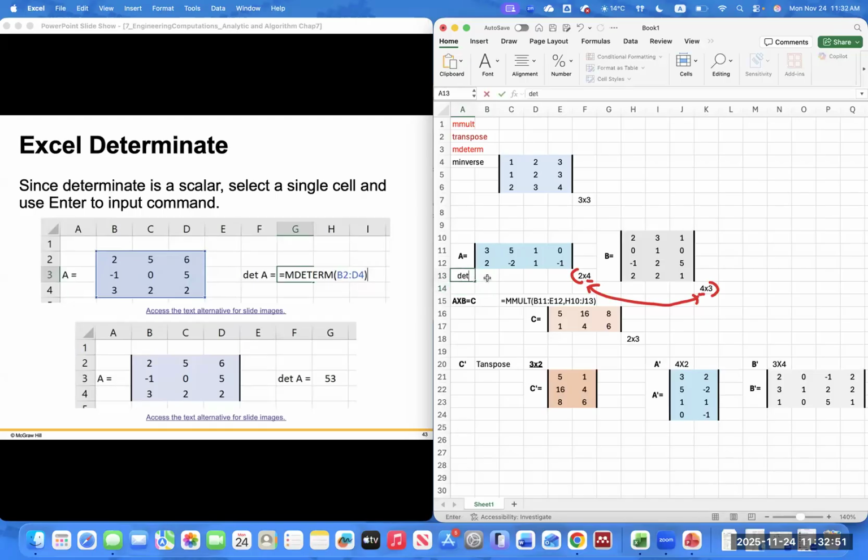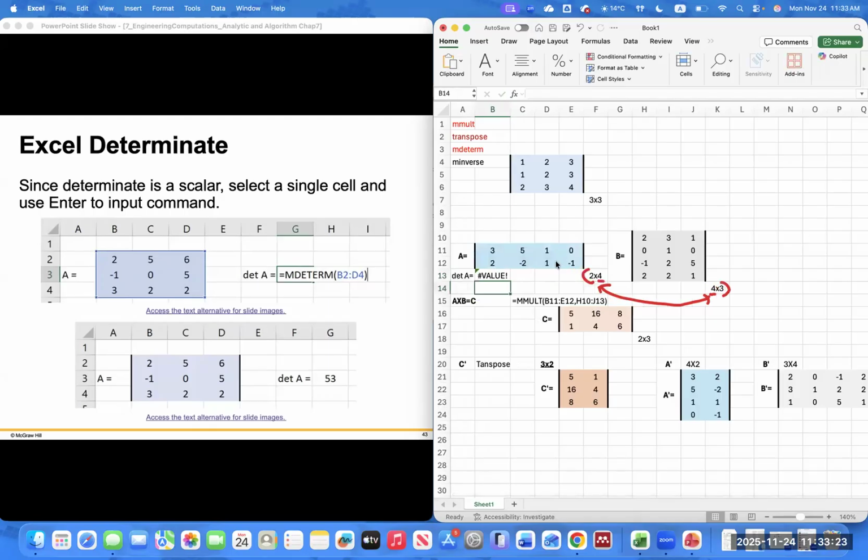DET A is equal to. Just type in here, to let us know this is your determinant, right? So you type in equals matrix determinant. It starts with M and then DET, you see this one. Now you're going to pick up your array. My array for the first one is from A, so we pick up that one. Okay, so interesting. When I do this one here,